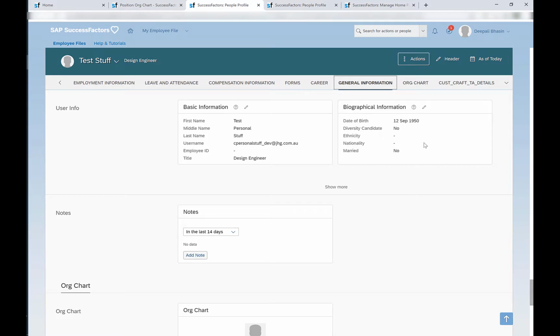The sync job runs in provisioning, usually every day or depending upon how it is configured in your system. And once that job runs and updates the biographical information of the people profile, only then you can see your tile being updated with the correct date of birth. So this is one thing that we should always remember. The people profile needs to be synced with the employee profile to pull the birthdays or the anniversary on the tile. And the sync job should be running successfully for the data to show on the profile.